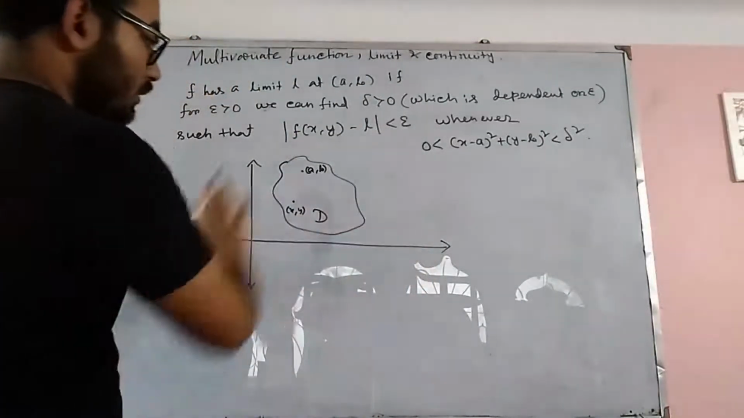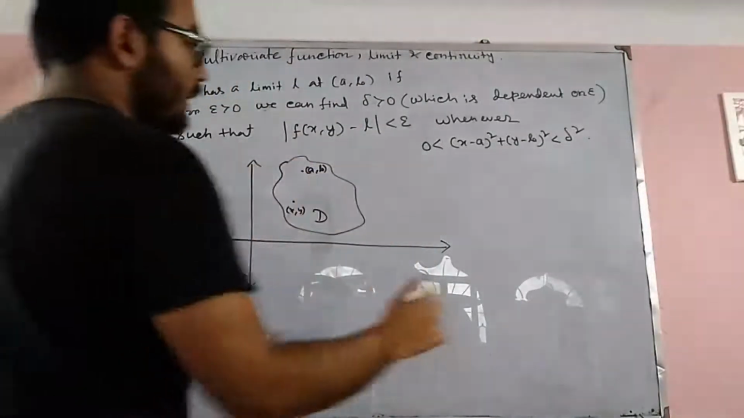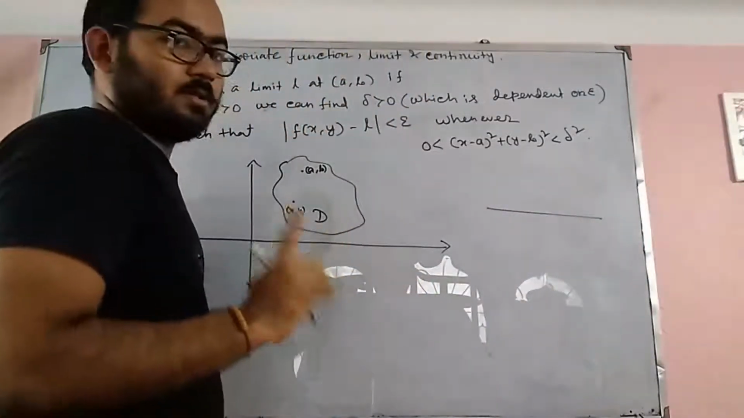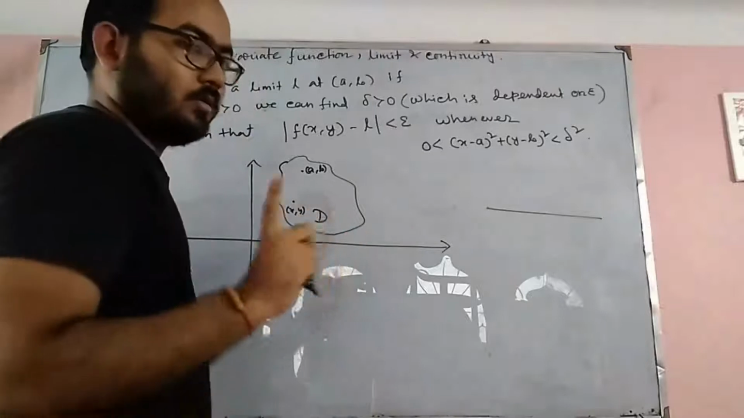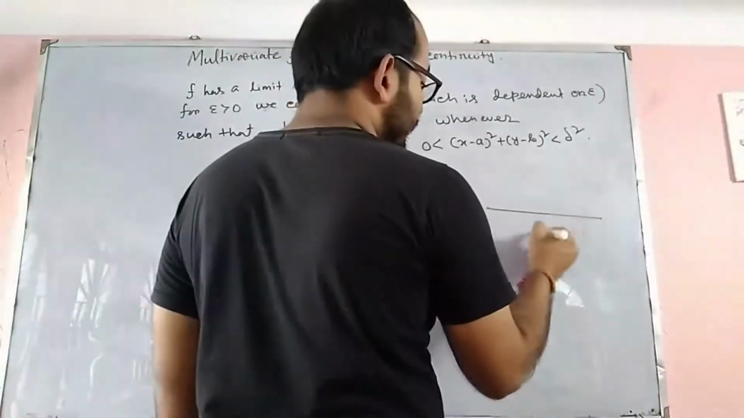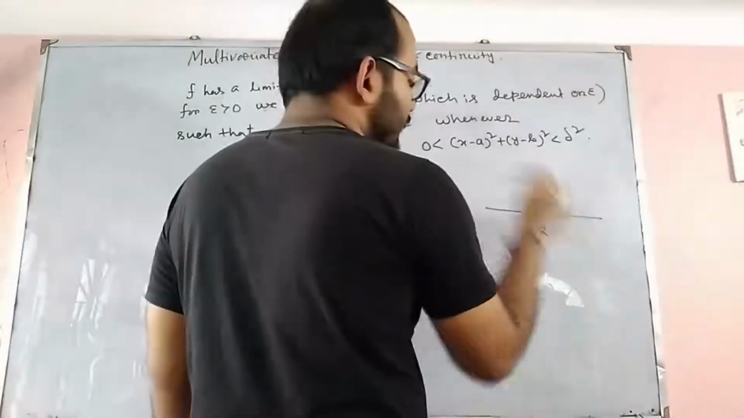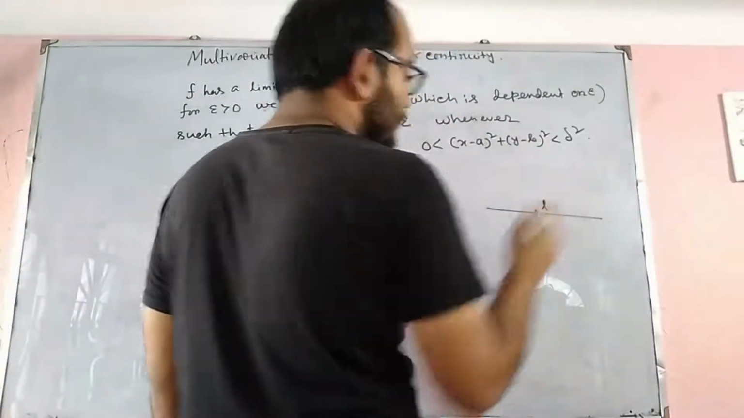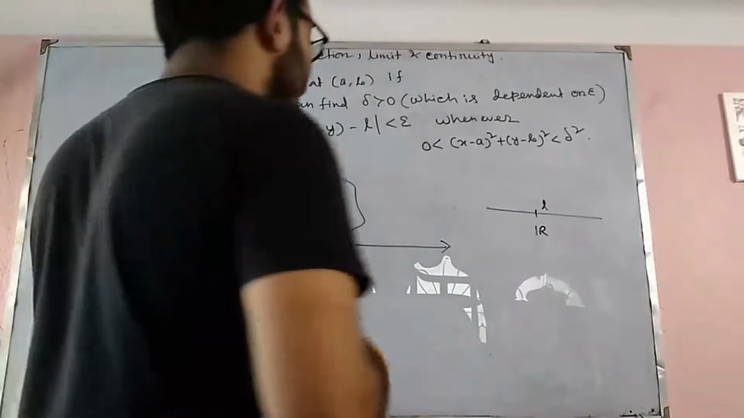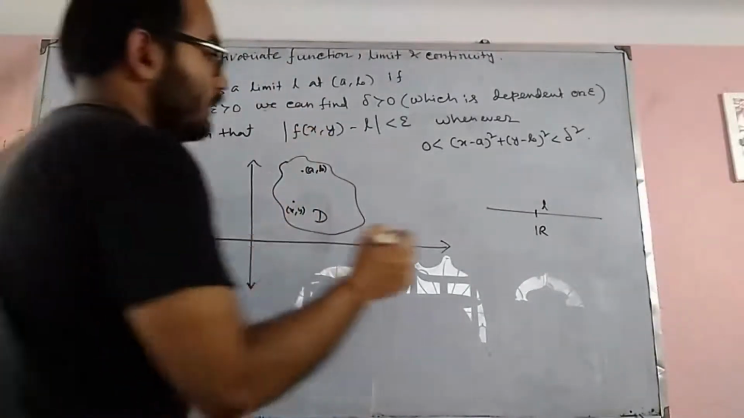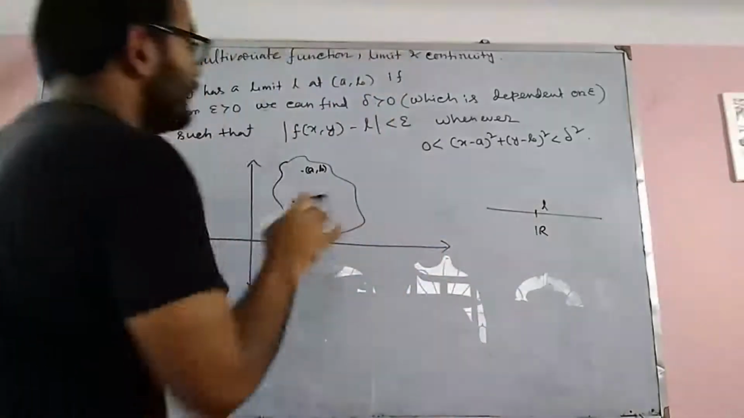So here is our domain D, and since our codomain is the real numbers, this is our real number line. Assume that this is the point L, the limit. See that